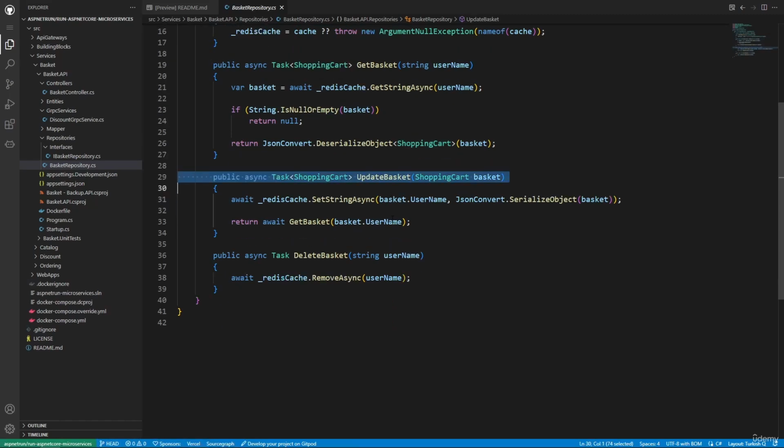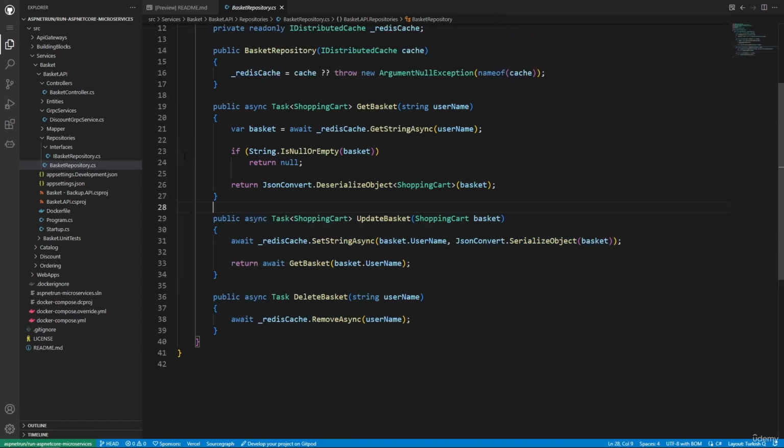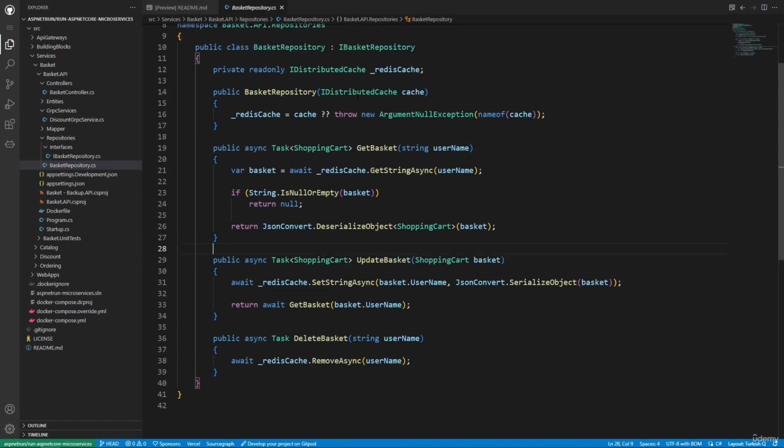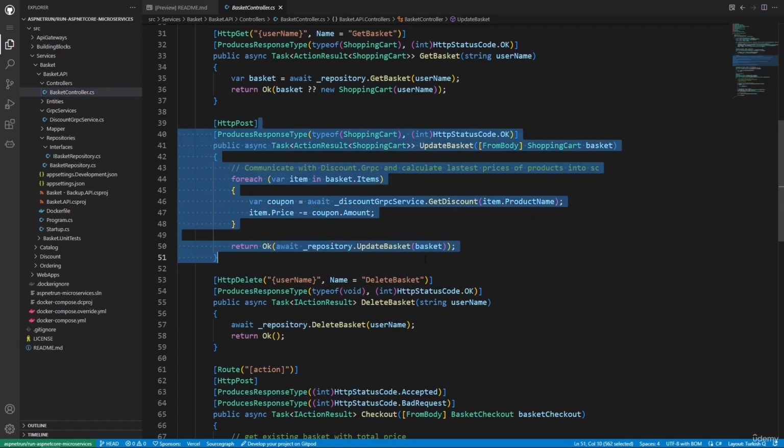In the same way, we update the basket by setting the string with the username and the whole JSON of the basket object. So these are the CRUD operations that we are performing using the repository and the distributed cache object. If you go back to our main controller class, you can see that we have finished the update basket